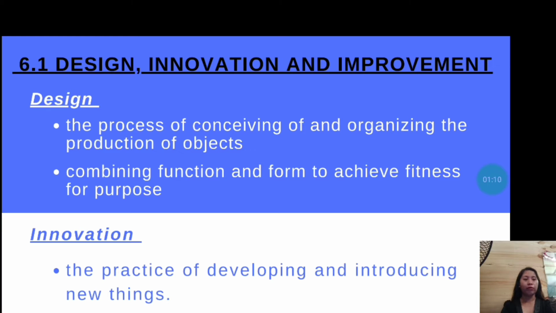So innovation is the practice of developing and introducing new things. All businesses should upgrade their products because these are the needs of people. Their needs will evolve. The needs and wants of people are also upgraded. So an example is